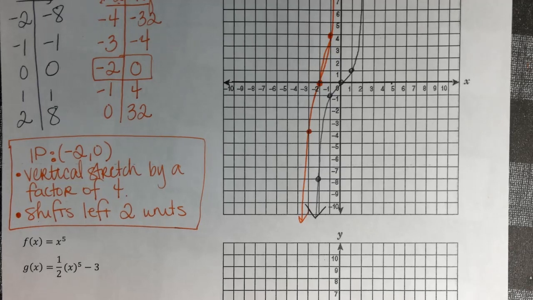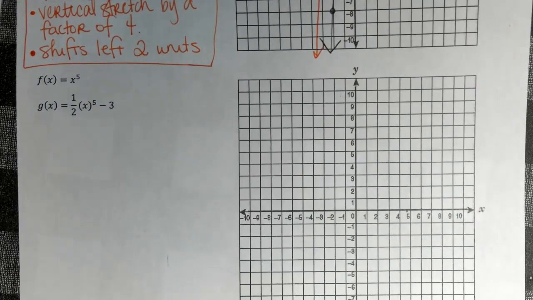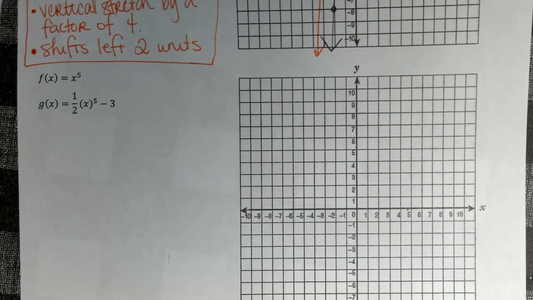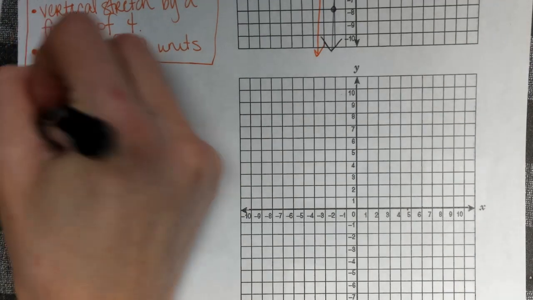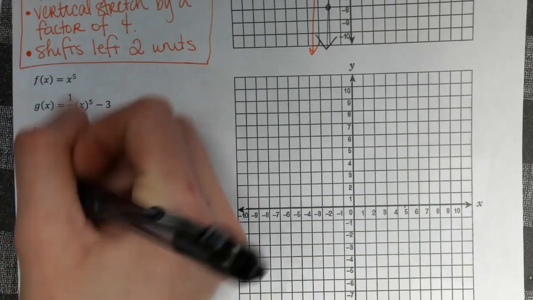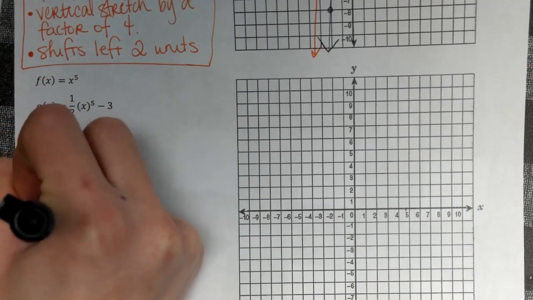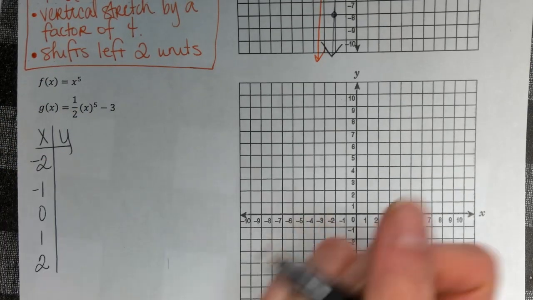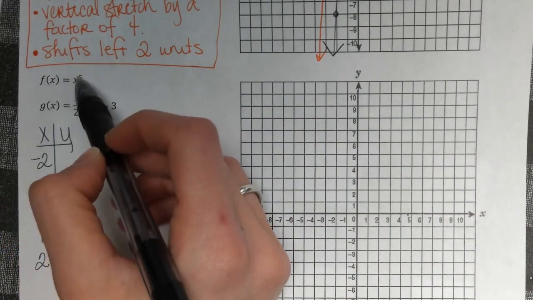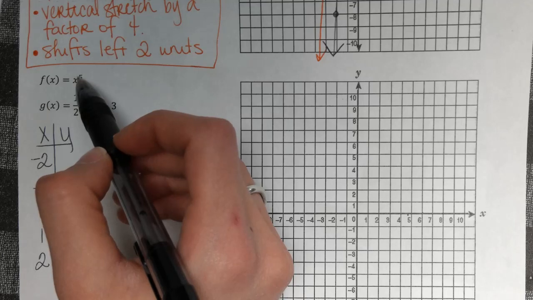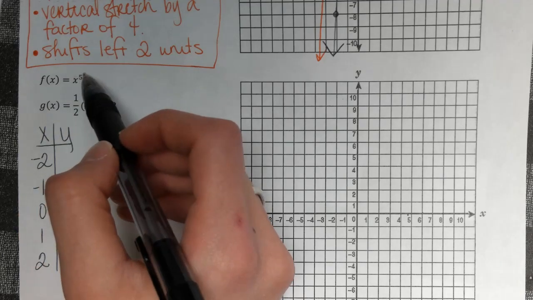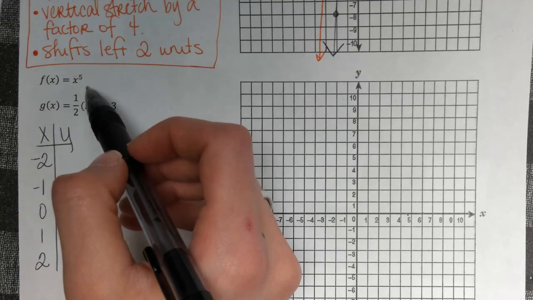Y'all good with that? Alright. The last graph we're going to do, we have x to the 5th instead of x cubed. So I'm still going to do negative 2, negative 1, 0, 1, 2. But now I'm going to take negative 2 and raise it to the 5th power. So negative 2 to the 5th should be,